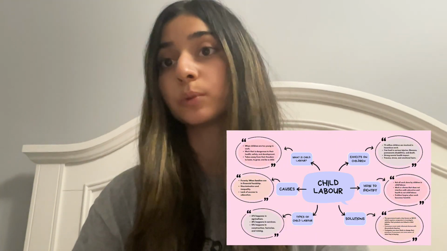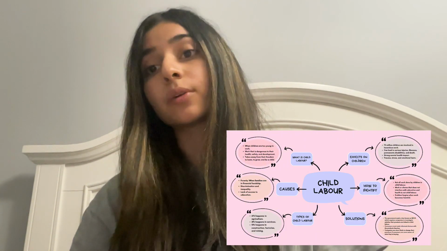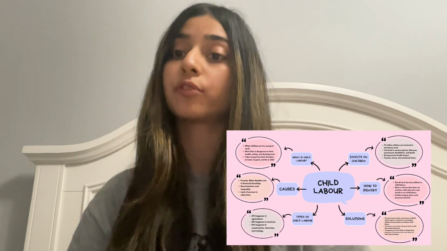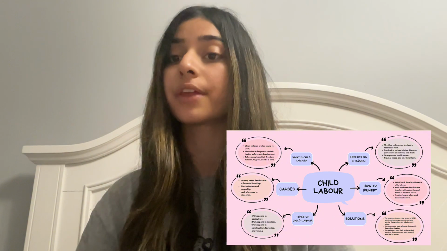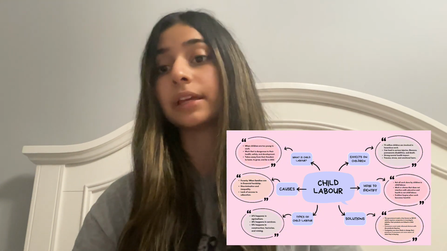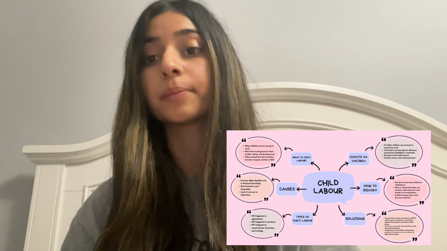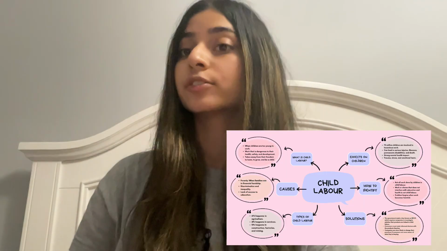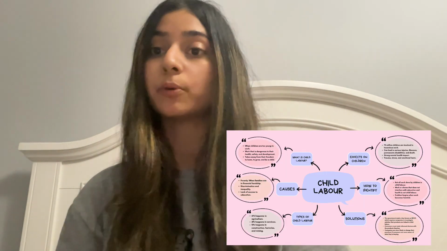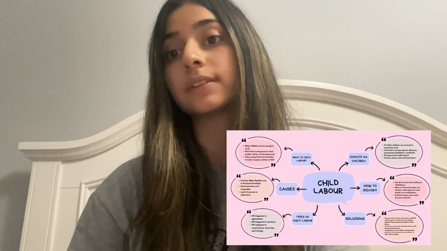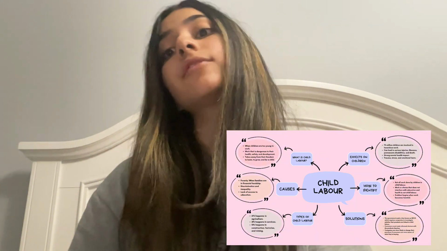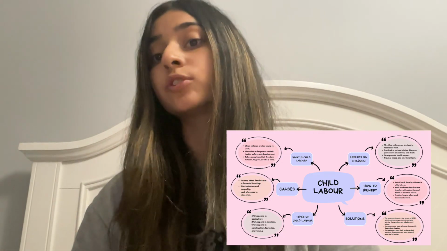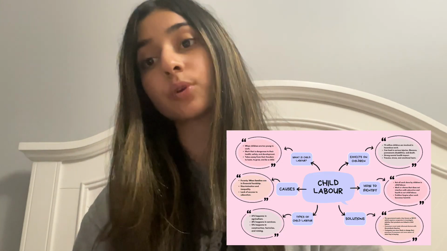Solutions don't only come from governments. Consumers can also play a role. When people are aware of what products may be linked to exploitation, they can make more informed choices, such as supporting more ethically sourced or ethically made goods. And when consumers start paying attention, companies are more likely to change their practices. So, while child labor is a global issue, the solution also exists on many different levels, from governments creating laws to companies improving transparency to individuals making more conscious choices.